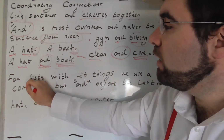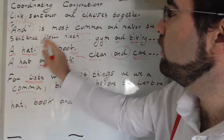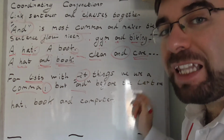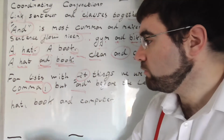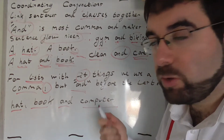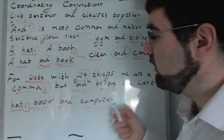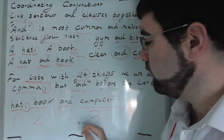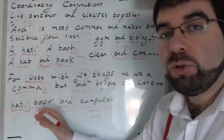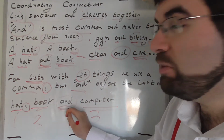So, when we use a list of things, two plus, then we use a comma. But we use and before the last thing in the list. So we could say, I have a hat, book, and computer. Okay, let's break it down. Hat, comma, book, and computer. See, it's three things. Hat, book, computer. If we had four things, I have a hat, comma, book, comma, door, comma, house, and before the last one,